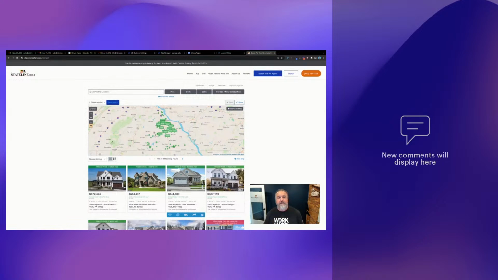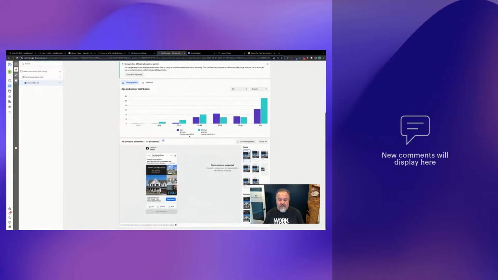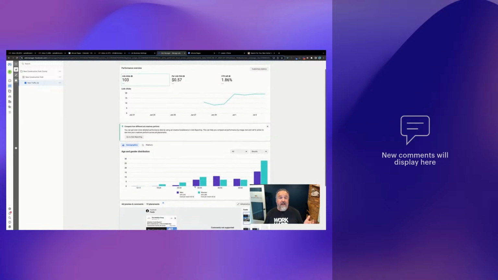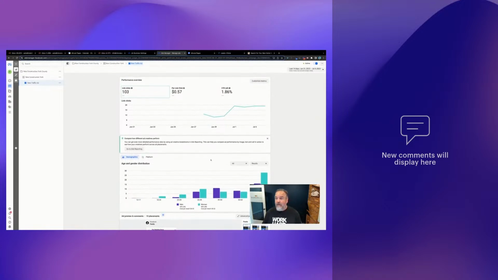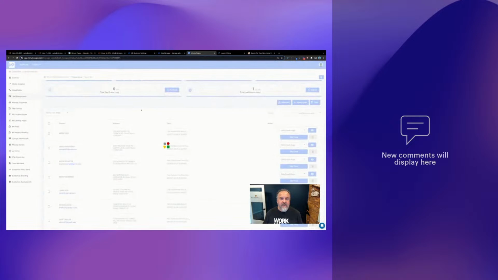So the ad we ran was very basic. Just as you can see down here, new construction all across York County, $9 a day. We didn't even run through $9 a day because we are at 1 week and we have 103 link clicks. As it turns out, that turned into actually 96 unique clicks, which we know because on the back end of our site, we can look at our analytics here and we can see in a second